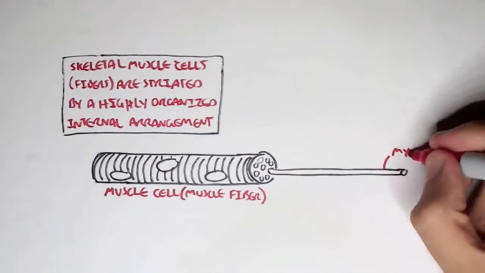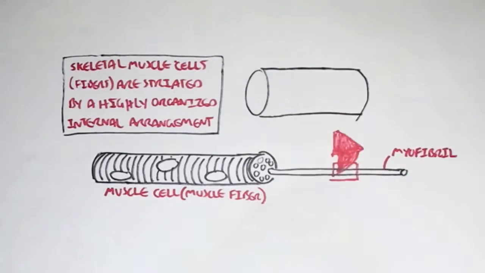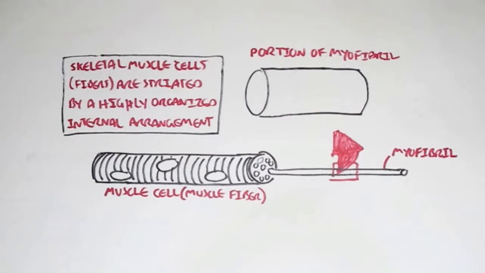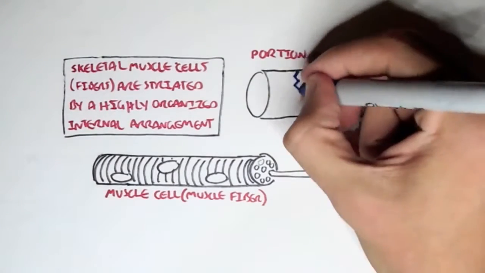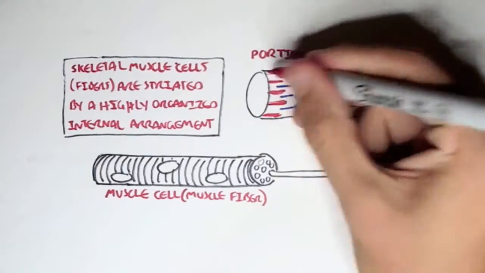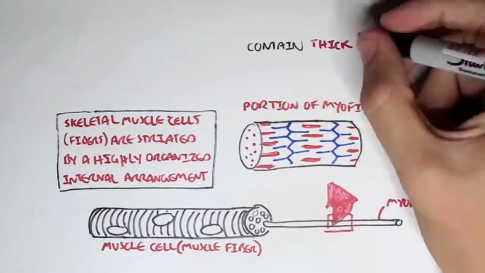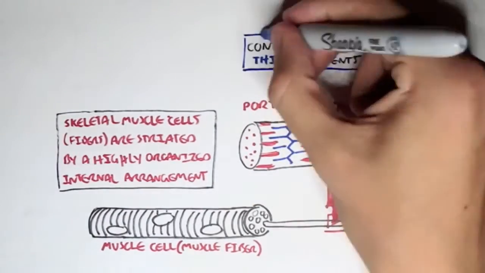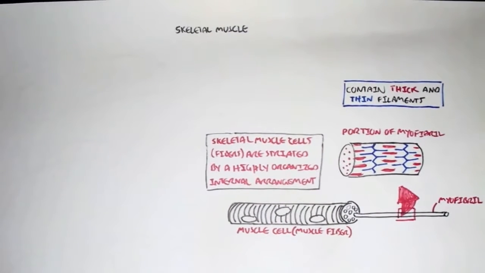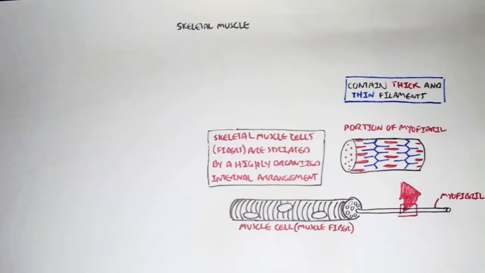If we pull some things out from this muscle fiber, we can find myofibrils. So a muscle fiber contains many myofibrils. And if we take a portion of this myofibril, we can see that it's made out of some interesting structures known as the thin and thick filaments. So the myofibrils contain thick and thin filaments. The red is the thick and the blue is the thin filaments. But of course, the muscle fiber, the muscle cell, is actually part of a bigger